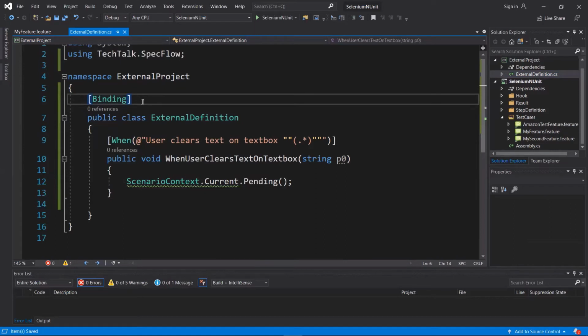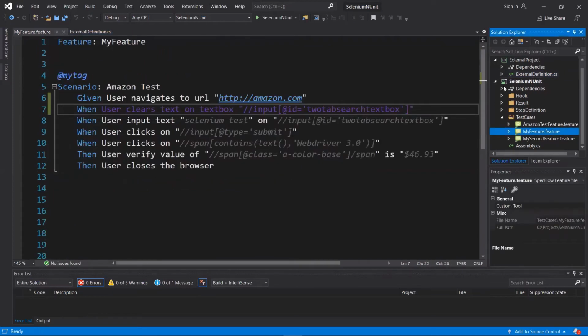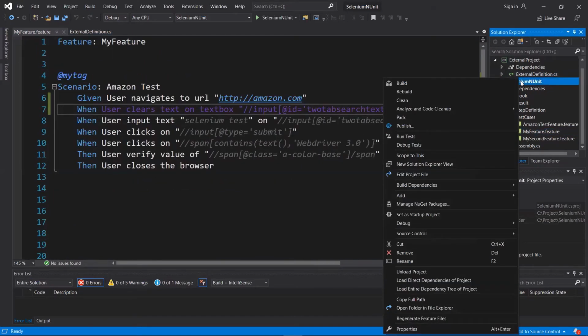Now the next thing is to add a reference of this binding in our original project. To do that, we have to create a SpecFlow JSON file which will contain the information of external assemblies. This file should be placed at the root of the project. So let's create a SpecFlow JSON file.